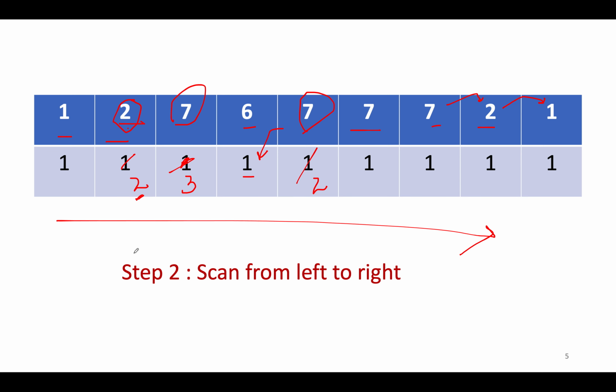Now the distribution is something like this: 1 2 3 1 2 1 1 1. Is this complete? No, because we have only handled the uphill in one particular direction. We have not considered those cases where you see a downhill kind of trend. So the value here is still not correct because the candy count is not higher than its neighbor's, although the rating is: 1 is lower, 2 is higher, but the candy count is still the same. So we will again have to scan in the reverse direction to get the correct answer. Let's talk about it.